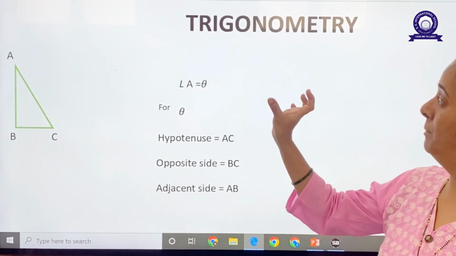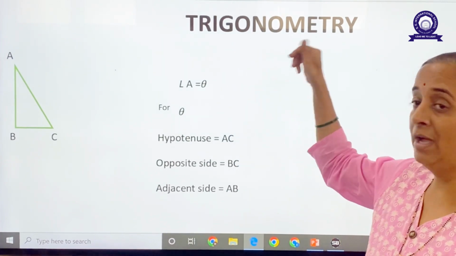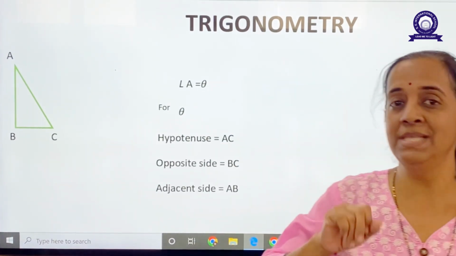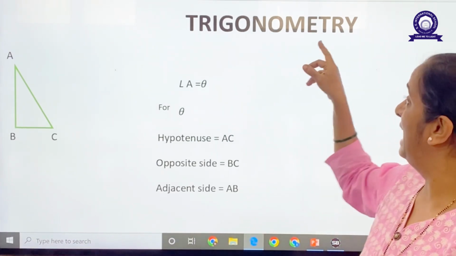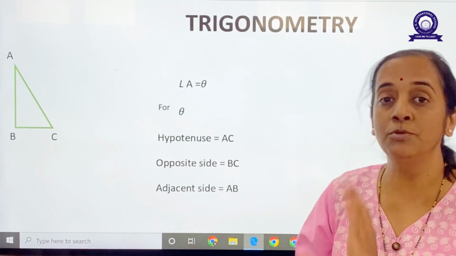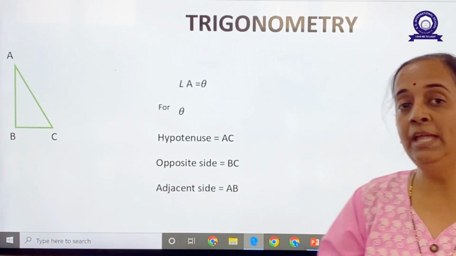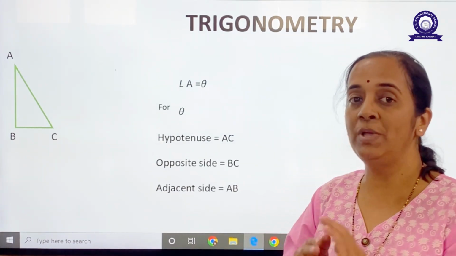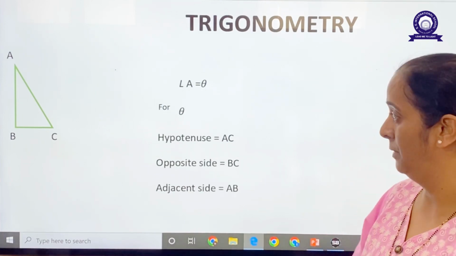The word trigonometry consists of three parts: tri means three-sided figure, gona means sides, and metry means measurement. In this branch of maths, we are going to study about the sides of triangles. Actually, in our 9th and 10th standard syllabus, we are focused on only right angle triangle for this trigonometry part.